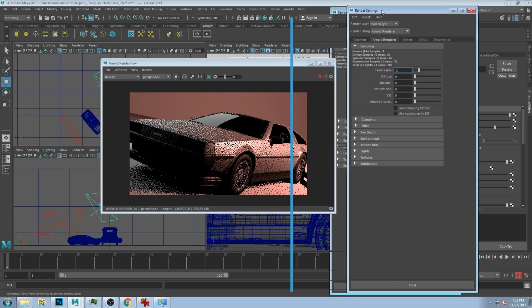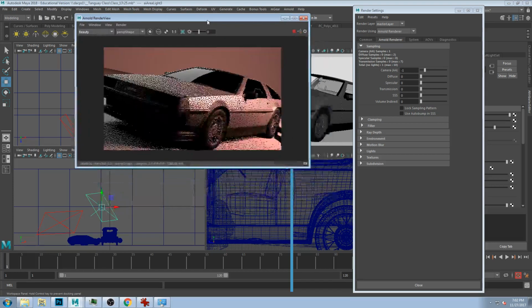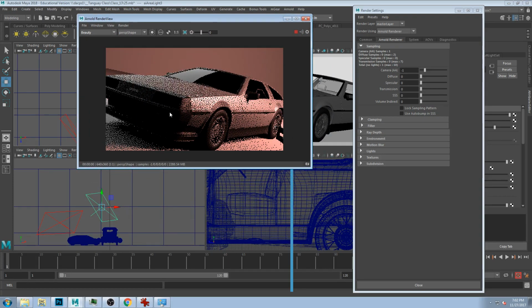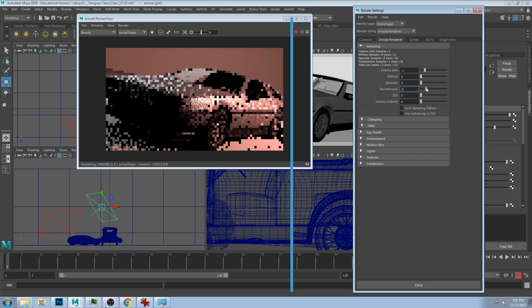Some of the things you're not seeing: your windows went black, because I turned my transmission down to 0, and transmission says how often the renderer should trace, meaning shoot beams through things that are transmissive. I'm saying 0, so as soon as I bump that up, now I can see through my windows. Usually you want to go up a couple of